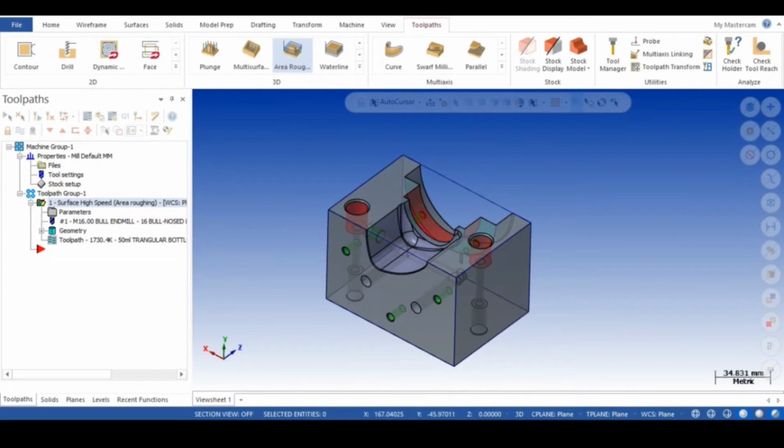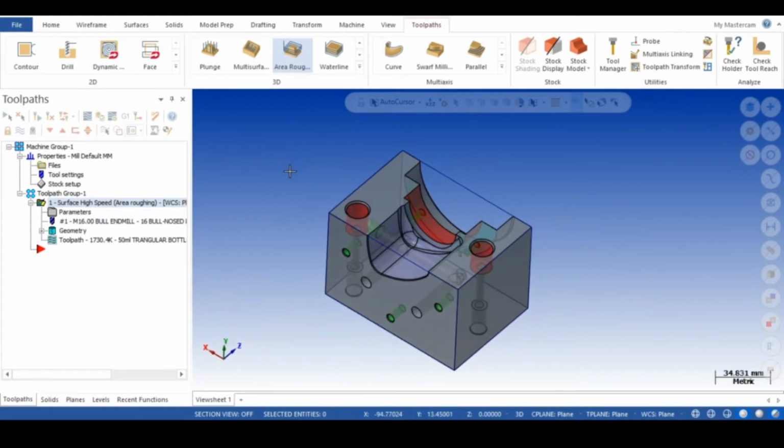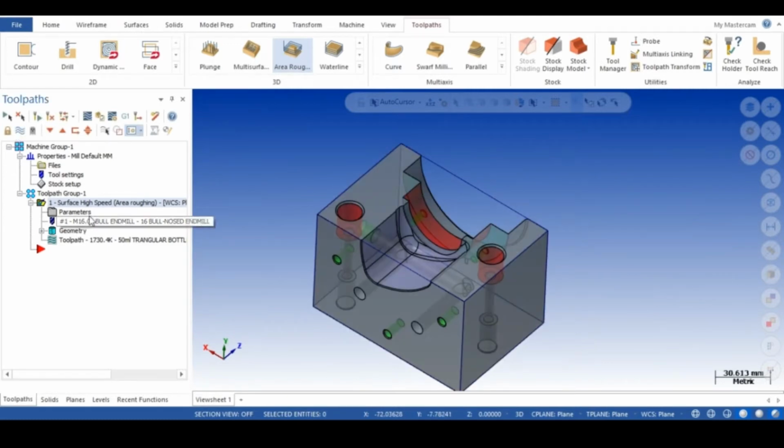Friends, today we are going to learn the rest milling toolpath for the blow mold cavity. In the last session we have seen how to set the model, orient the model, select the roughing toolpath strategy, and create a roughing toolpath and simulation. Today we will learn how to use the rest milling strategy. It is the first toolpath for the roughing.